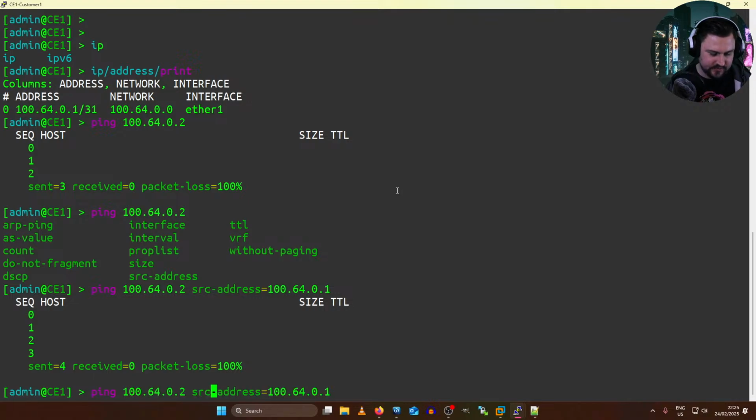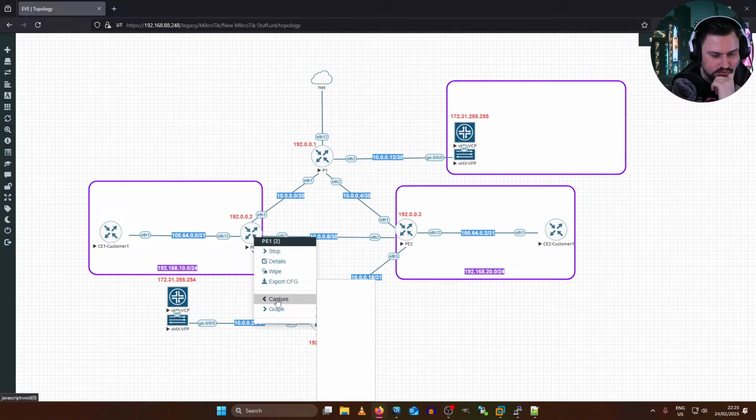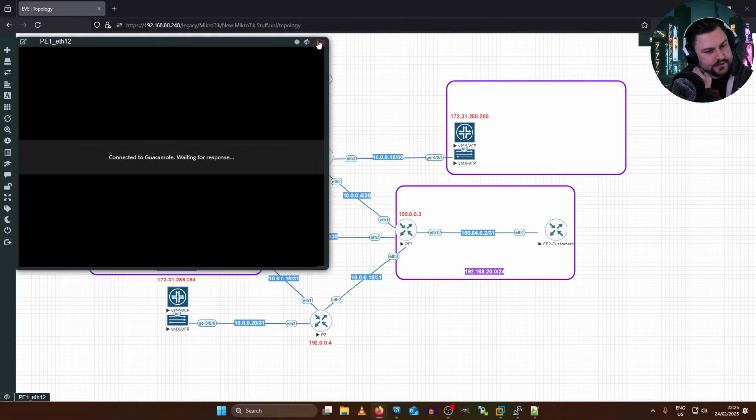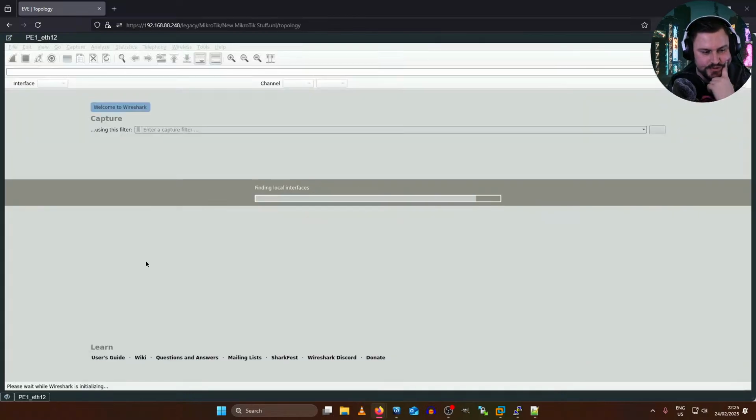So that's fairly interesting. I'm just going to run this ping, and then I want to have a quick look and see what's happening. So this should actually take us up to PE2 directly, I'm sure. I just want to capture some traffic quickly. So if I look at Ether 12, what does this show us? What is wrong? What is the issue?